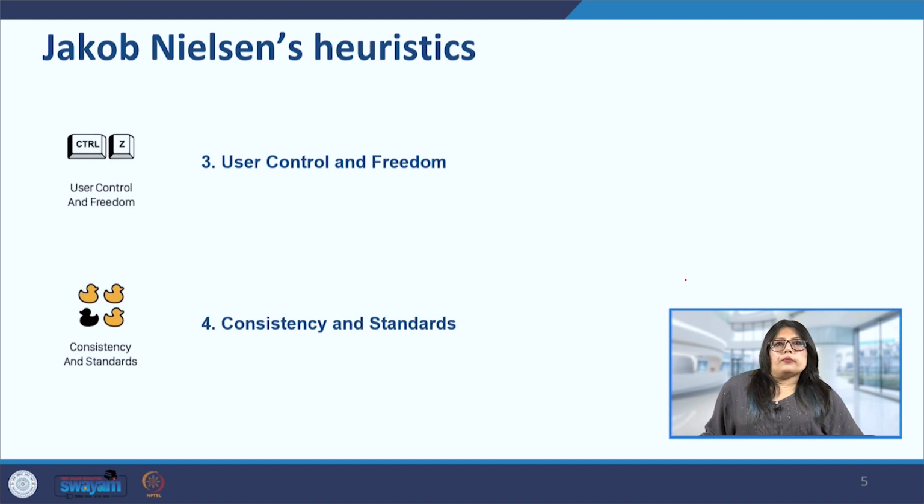The next point here is consistency and standards. Now we don't want the user to keep on wondering whether different words, situations, or actions mean the same thing or do they mean different things. Because we have already discussed how the user is spending time on other platforms as well, and ours is not the only platform they are spending time on. So we have to maintain consistency with the standards that are already set in this particular domain, so that the user is not looking for information that he's not familiar with.